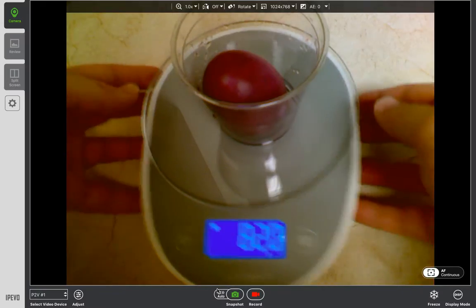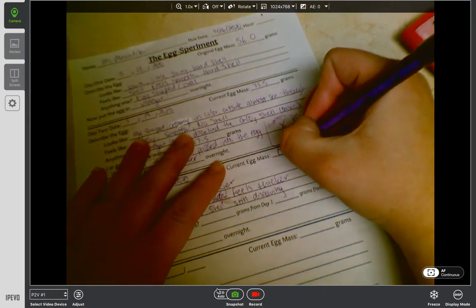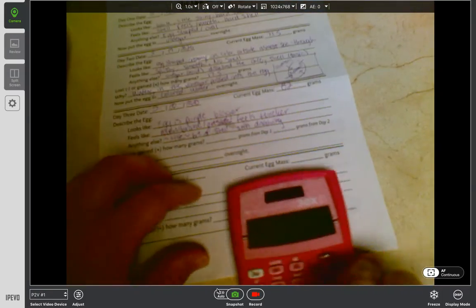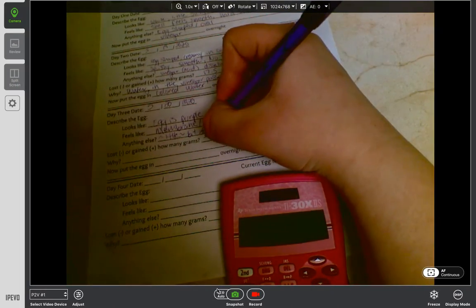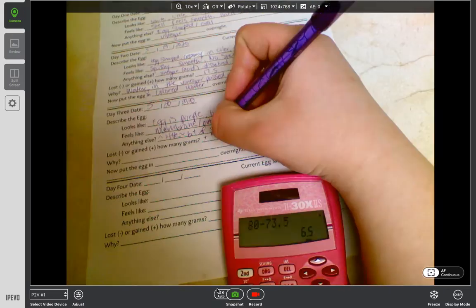Holy bucket. So we can go 82, and then we've got grams. So did it gain or lose? It definitely gained, and 80 minus 73.5, so it gained 6.5 grams from